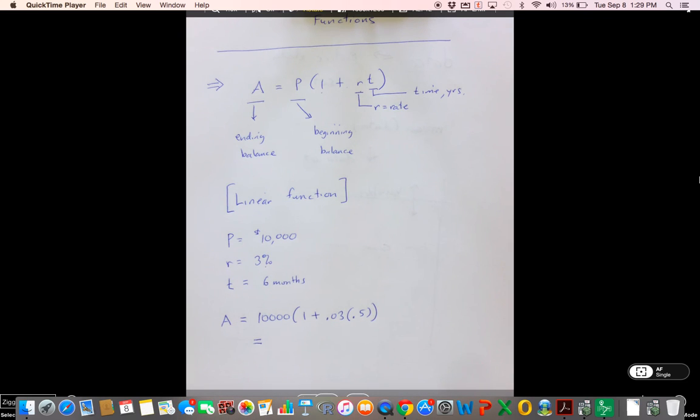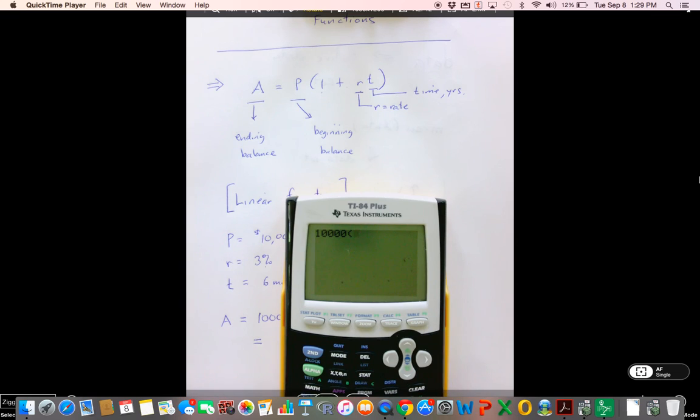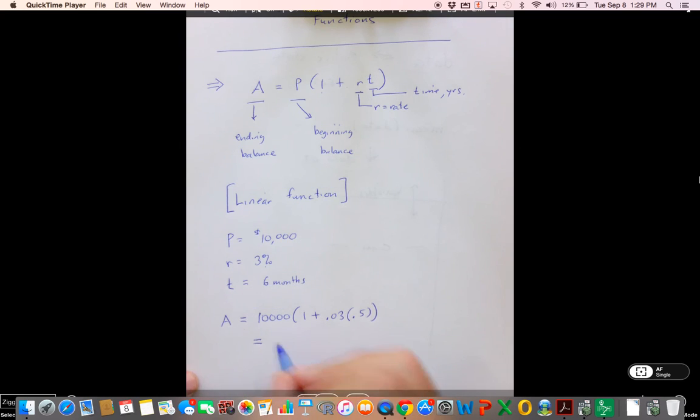So guys, we could very easily use our calculator and I'll show you how we're doing this. 10,000 times 1 plus 0.03 times 0.5, and we would see we get $10,150. So the interest on this would be $150. Okay, so that's an example of